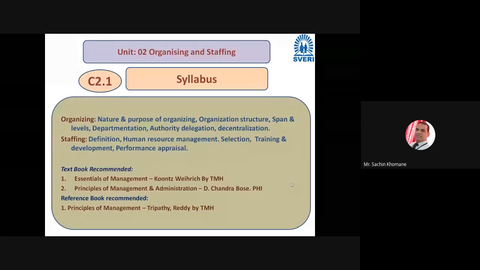Here also in industry, there are various departments, like the production department. Then you can say design department, R&D department, HR department, even store. These are the various departments, right? For simplicity of work, this is made. So we have to see how many departments are there in an organization, and we have to discuss their significance and details.